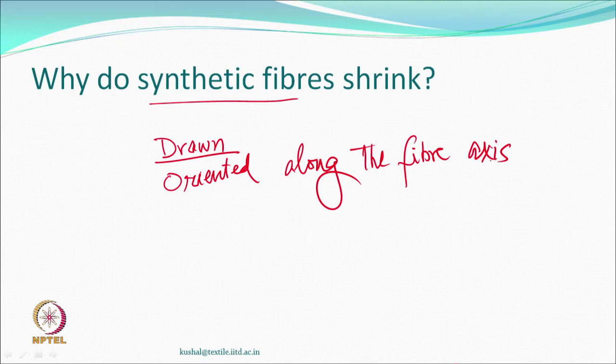Is that true? We draw them, spin and draw. So, what happens? The molecules are stretched in the direction of the fiber axis. And then you cool them. So, this is the thermoplastic behavior, right? You just draw them